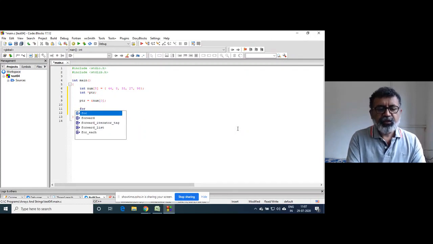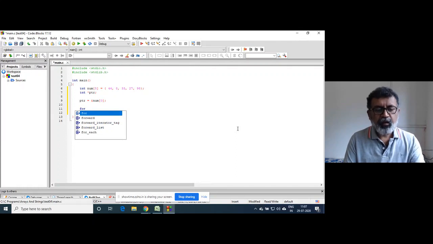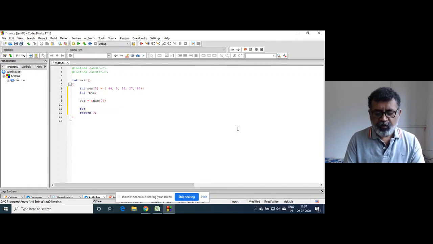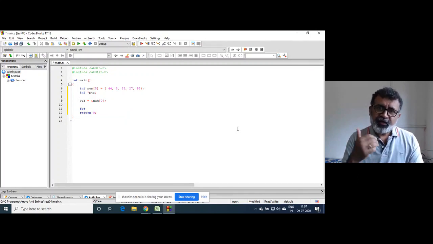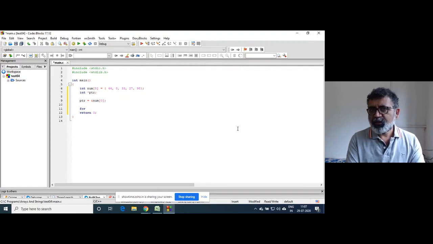We wrote two programs yesterday: access the array inside the main function, and send the array to a function, and from there we access the whole array using a pointer, right?